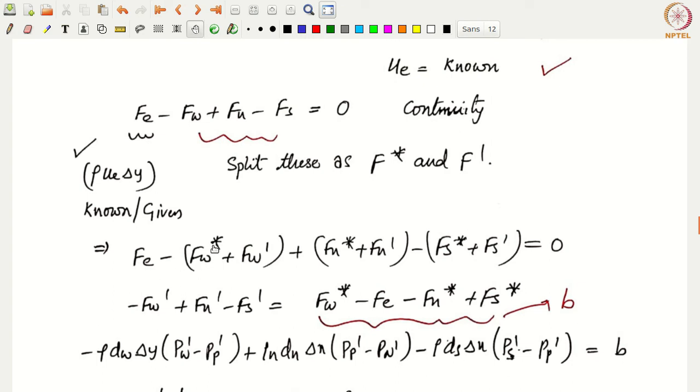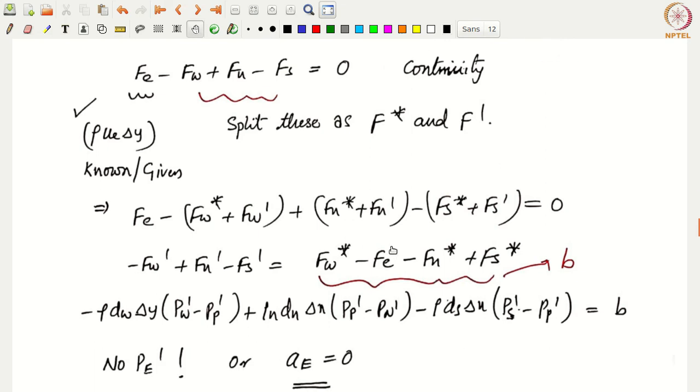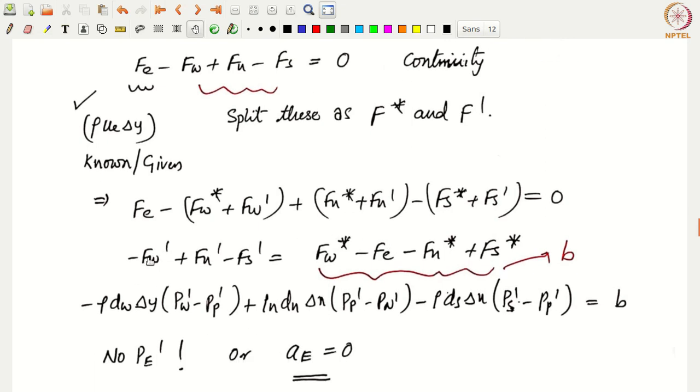So Fe minus Fw star plus Fw prime plus F north star plus F north prime minus F south star plus F south prime equal to 0. Okay. Then we can rearrange this by sending the star values to the right hand side and also the Fe to the right hand side. Okay. That means the B term now contains Fw star minus Fe minus F north star plus F south star. Again, if Fe happens to be 0 because of something, let it be 0, but otherwise this is the formulation, right? And on the left hand side now we are left with only 3 terms that correspond to the primes of the flow rates. Those are minus Fw prime plus F north prime minus F south prime, okay,